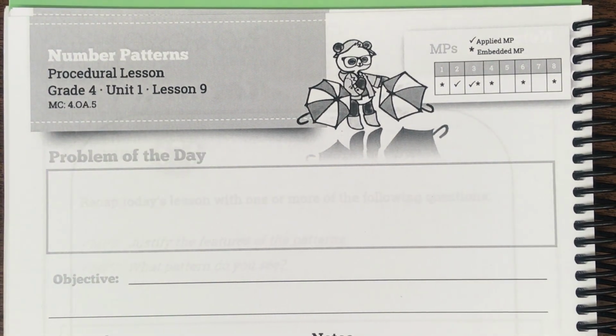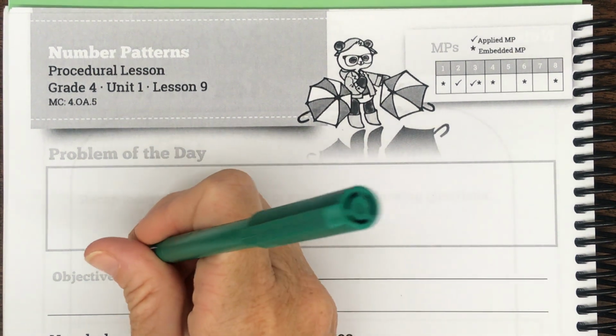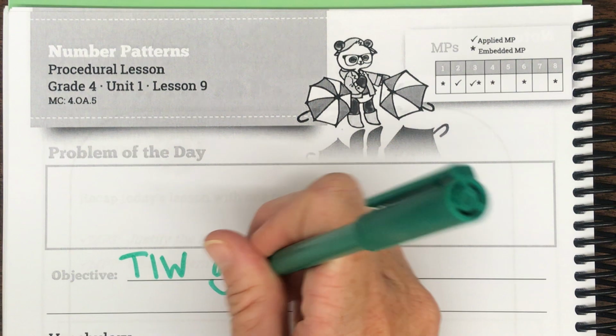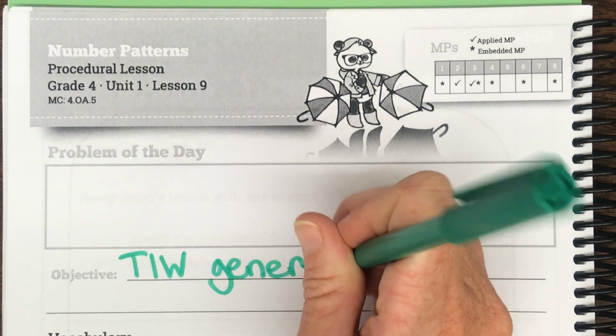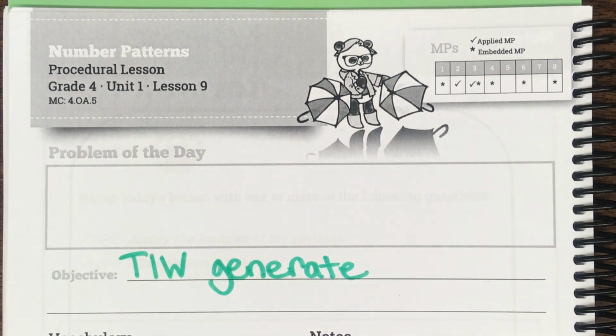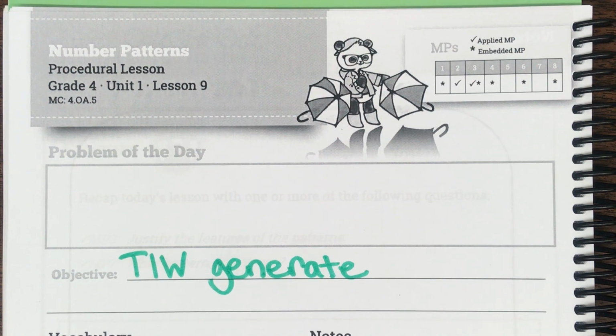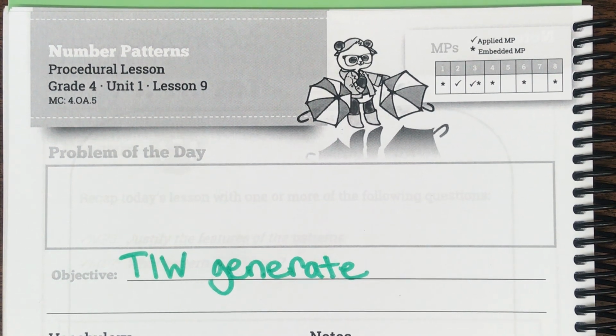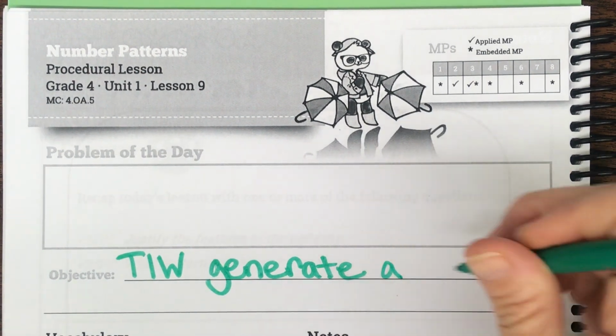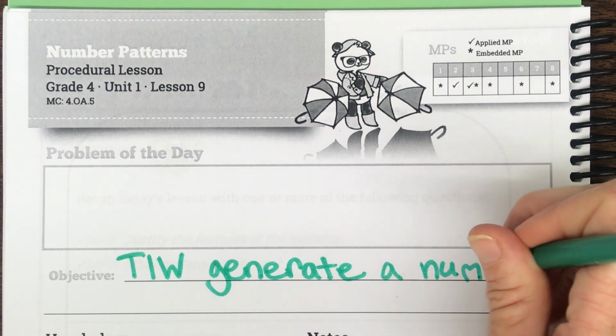Today we are on page 57 of your student journal. We're on page 57, and our objective for the day is, today I will generate. Okay, generate means to make or to create. So today I will generate a number pattern